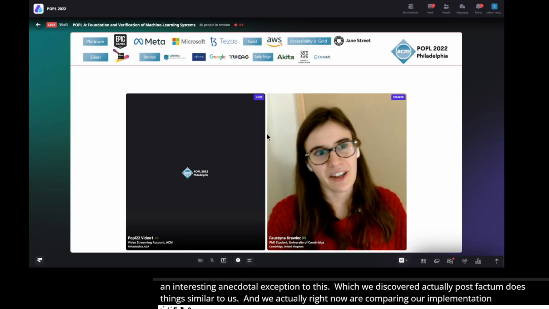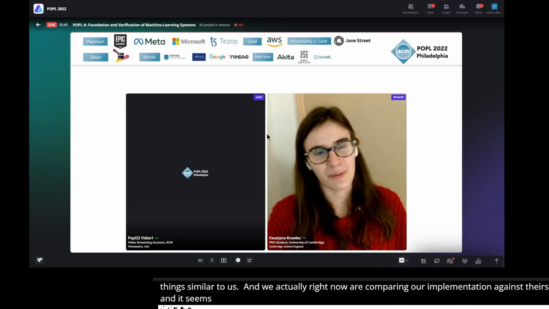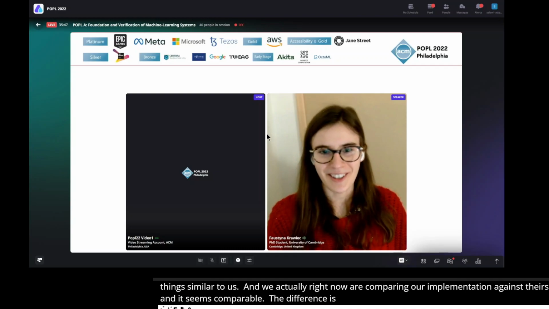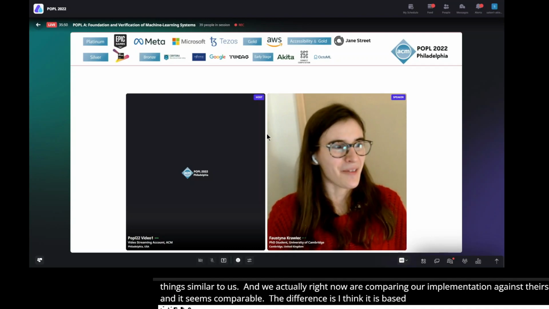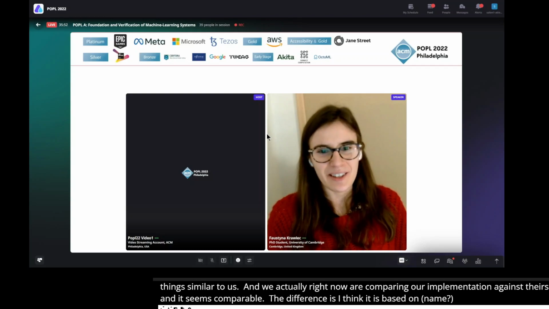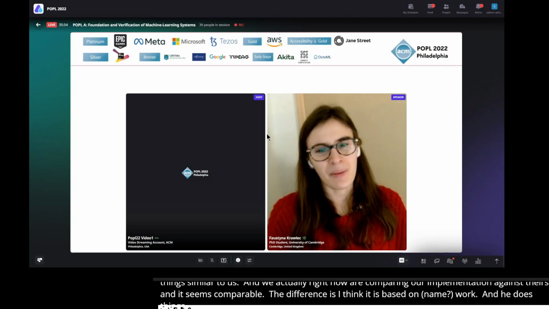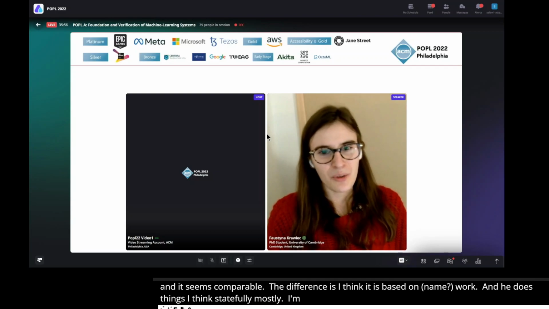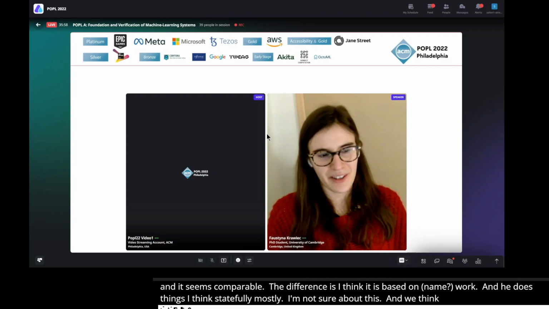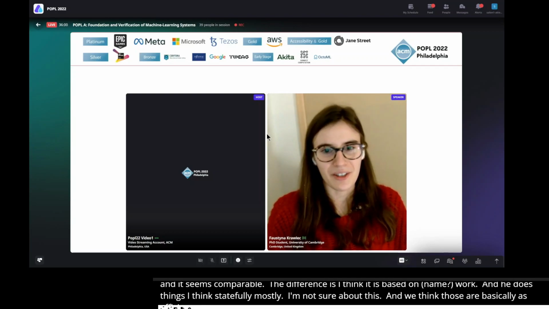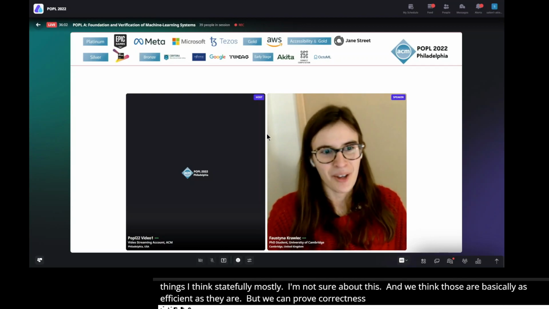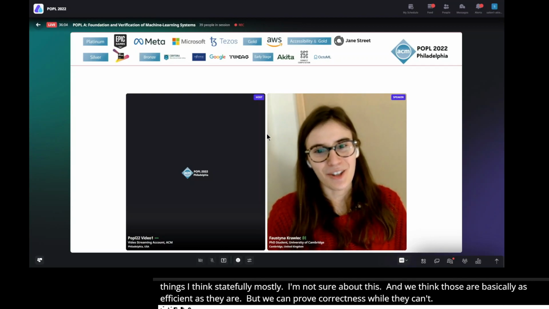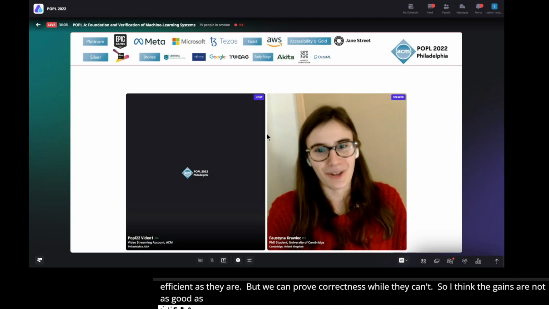The difference is that it's the Ed Kmett library, and I think it's based on Pearlmutter and Siskind's work, and he does things, I think, statefully mostly. I'm not sure about this. And we think that we're basically as efficient as they are, but we can prove correctness while they can't. So I think the gains are not as good as TensorFlow or PyTorch, but they're very good for functional programming languages.